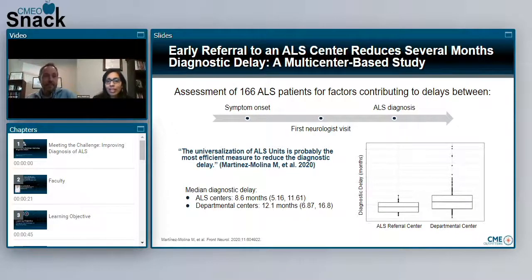Yeah, you highlighted the need really to recognize it and presented the Think ALS tool for physicians to really be aware of the symptoms to make that referral quickly. And we've highlighted how difficult it is to diagnose the disease without a diagnostic biomarker or a diagnostic test. And so that leads us to a point where we need to look again at our diagnostic criteria